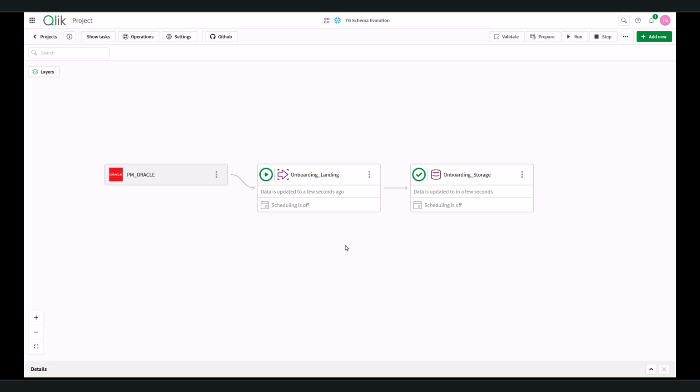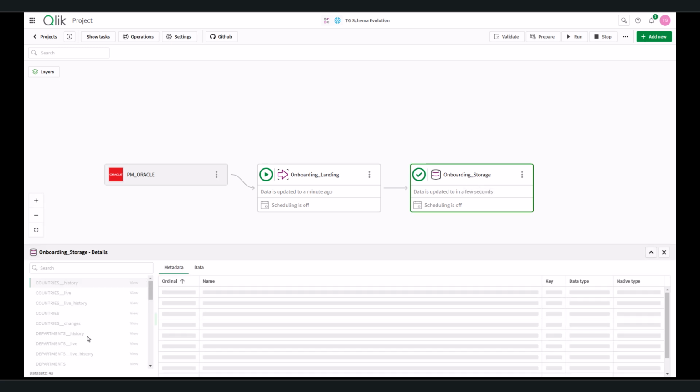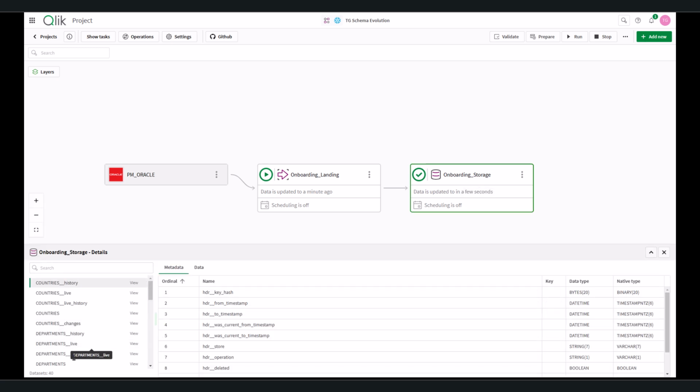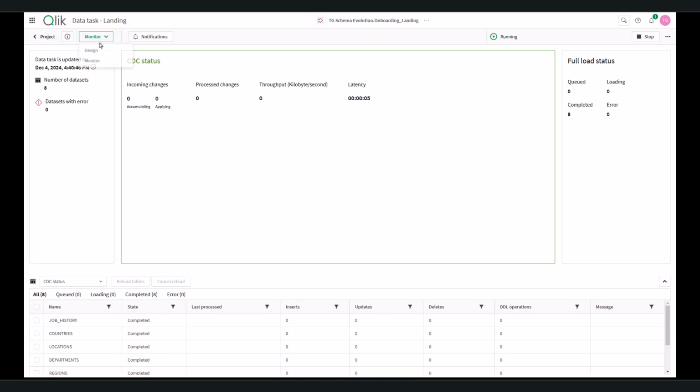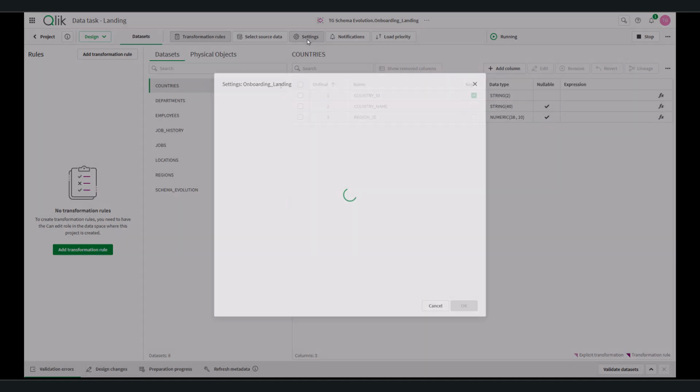ingestion of the raw data payload, and storage, which provides me a set of objects that support history, and live views for low latency access to applied and historical type 2 data, basically automating the bronze layer of my lake or lakehouse. As we navigate into landing, we can review the settings in the design of the task for schema